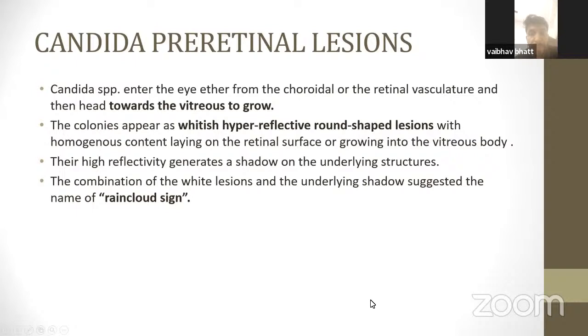Candida preretinal lesions. Candida species enter the eye either from the choroidal or the retinal vasculature and then head towards the vitreous to grow. The colonies appear